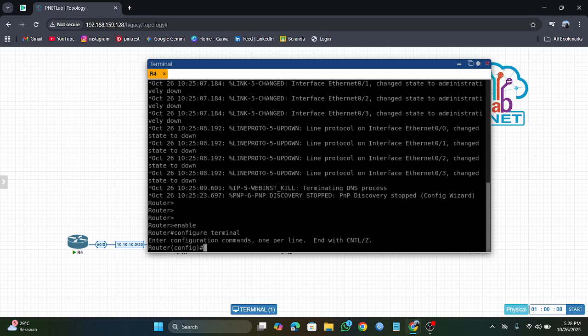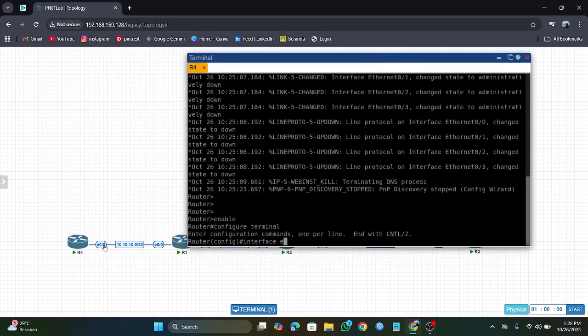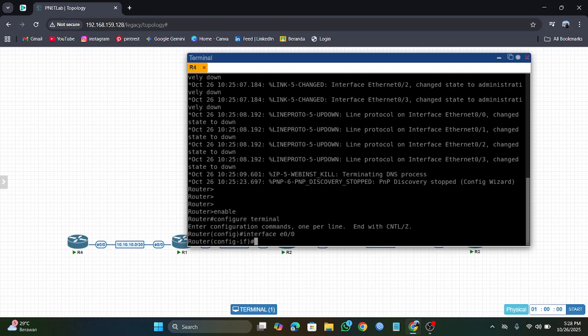Here you type interface, the interface a0/0, and you click enter.